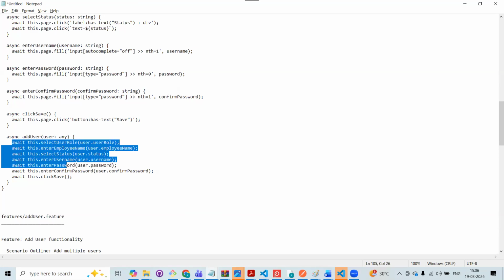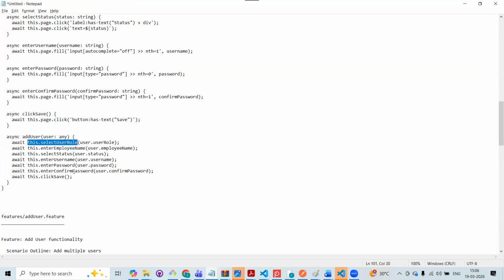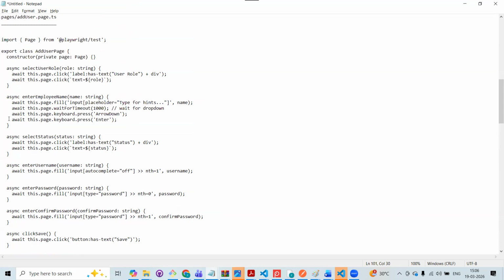For each of the things I've called internally, instead of doing everything here only and making it a very big method, what have I done? Like for example, select user role. I've made it one more function inside that only, and I'm passing a role. This has to go as part of what inside the constructor we have to write. We should never hard code it inside the method definitions. For the sake of it I've done it here, that's all.